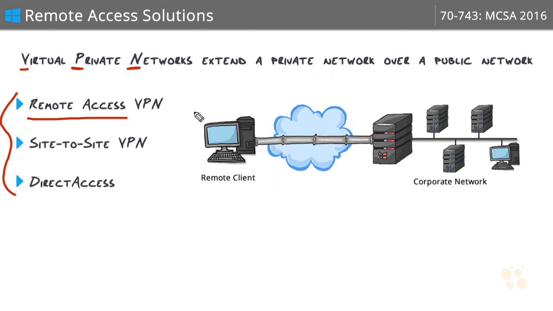Now, what you're looking at right here is a remote access VPN, otherwise known as a client-to-site VPN, where we want to provide our users with essentially a direct link through that tunnel to our corporate network. This is a fairly simple scenario to configure. On the corporate network side of things, we spin up a VPN server, and we use what's known as routing and remote access services, a Server 2016 role that has been around for a very long time. This is the server that is used to create that tunnel,